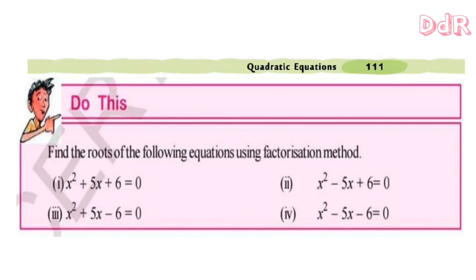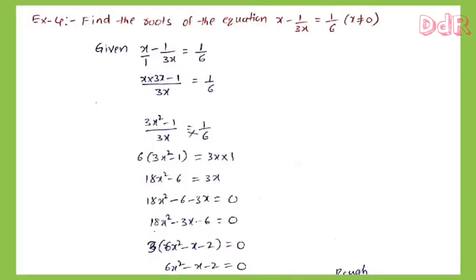Now coming to the fourth problem, x square minus 5x minus 6 equals 0. It's very simple. It is also homework. So children, second and fourth are both homework. Next problem, example 4. Find the roots of the equation x minus 1 by 3x equals 1 by 6